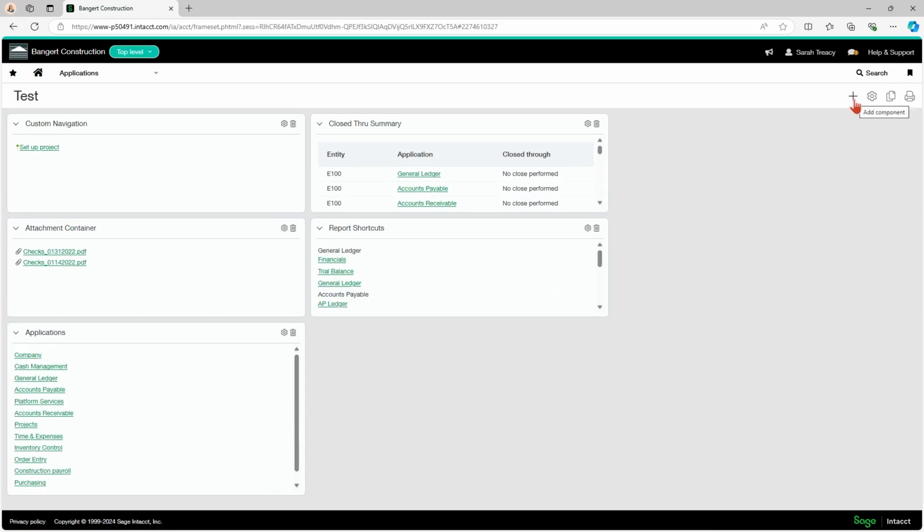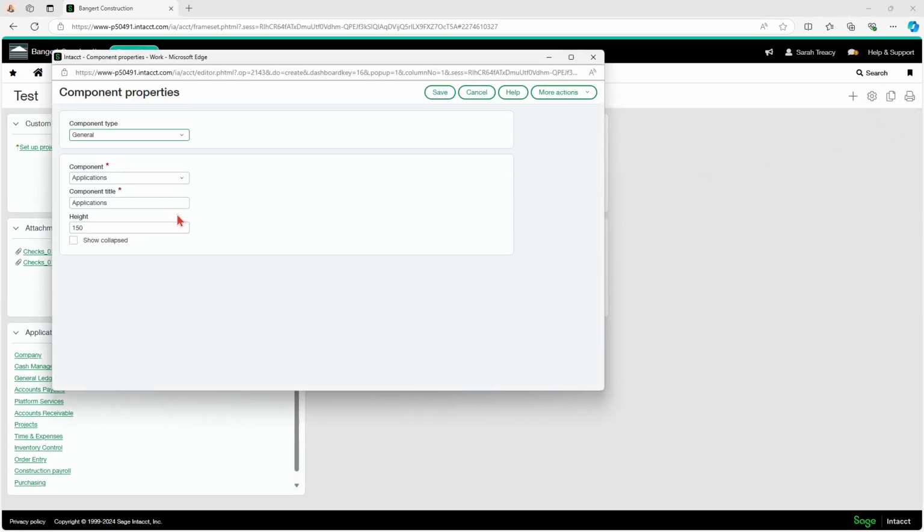So, and then there was one more within the general component, which is your resources, which just is links to your help and user guides. So handy for new employees, maybe if they want to have that on their dashboard.